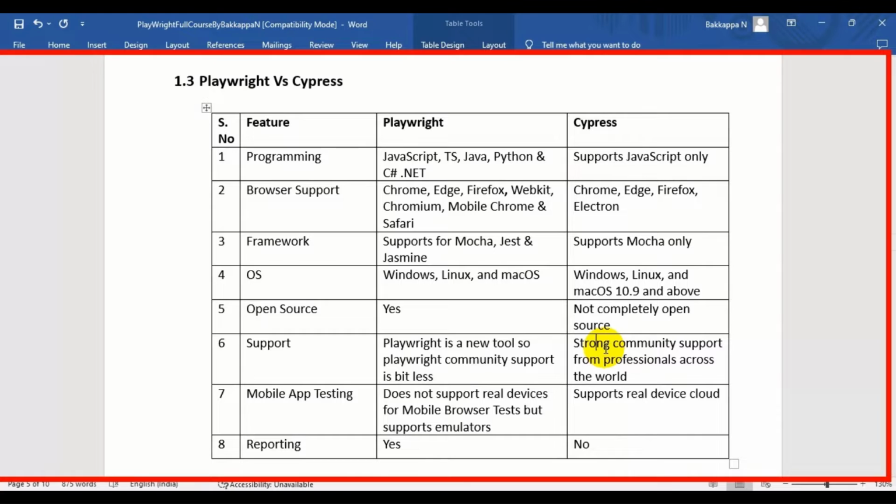So that's the reason. So you will find more support from the community side whenever you are stuck in any project or with any issues. So many people will be able to guide you. And the seventh difference between Playwright and Cypress is, in case of Playwright, it does not support